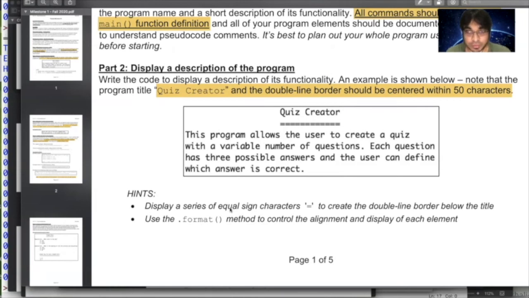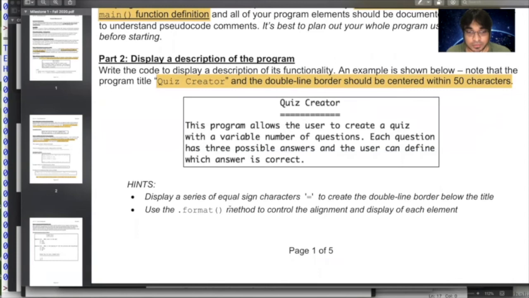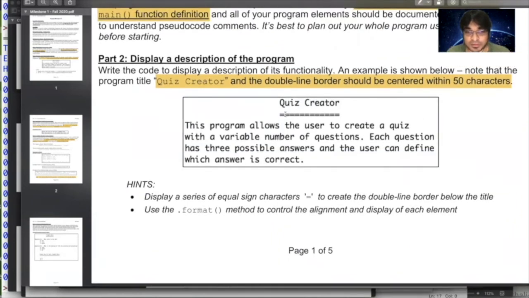So I strongly recommend you read that and start early. Okay. So this is the displaying description of the program. Observe that this is not simply printing things out. You are formatting it just like the way it is shown here.